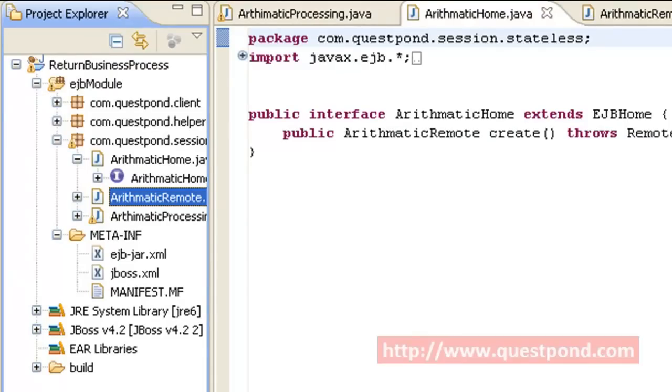Each EJB application further has some deployment descriptors. The common deployment descriptor is known as EJB jar.xml, while the specific deployment descriptor for that particular application server is also applicable. In our case, since we are making use of JBoss, we use the jboss.xml as well as the common EJB jar.xml as our deployment descriptor. Let's see what is present within this deployment descriptor.